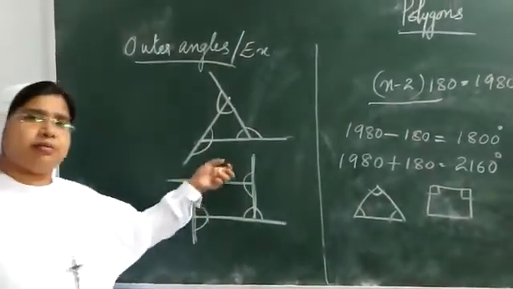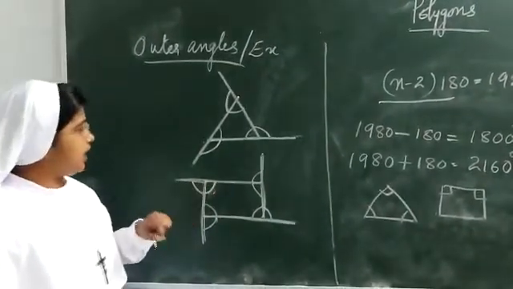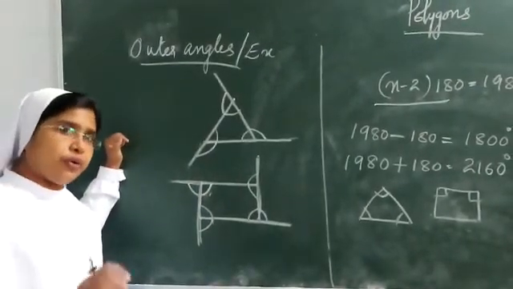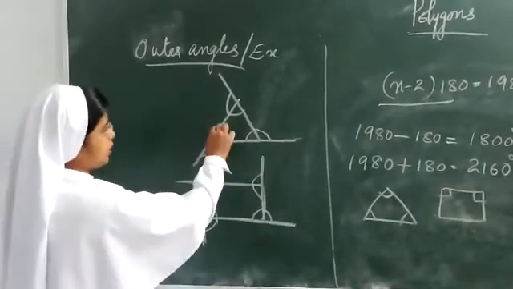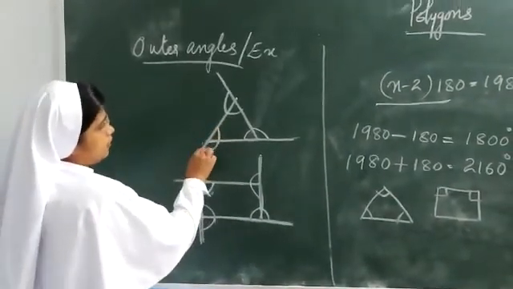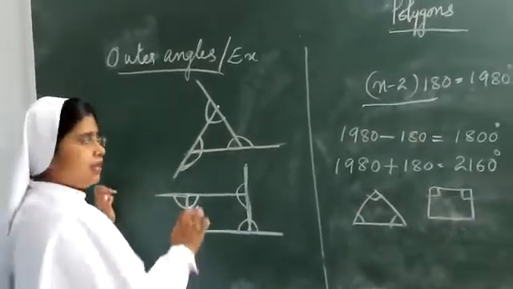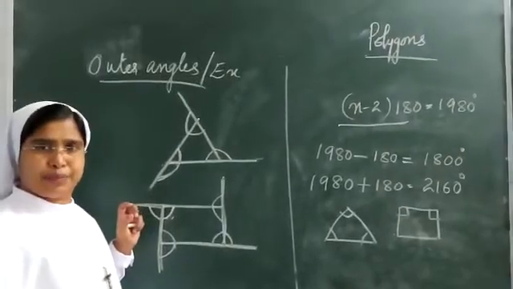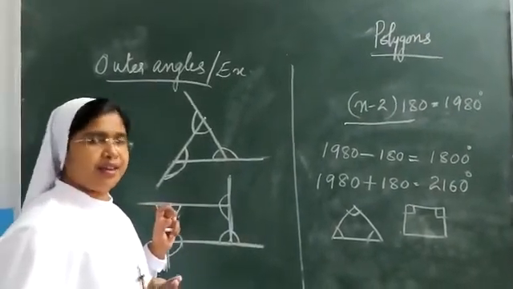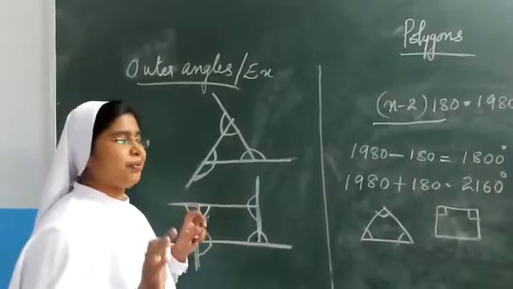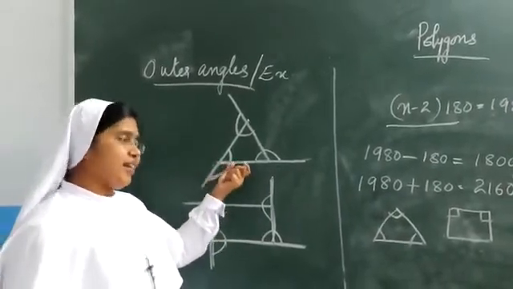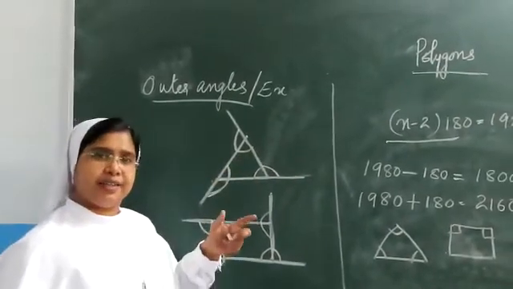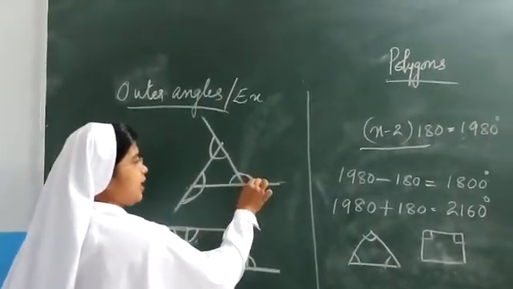Now, what is special about this inside angle and the outside angle? We have learned in small classes, and also in the first chapter, something special about this. What is this? Yeah, this is the linear pair. Do you remember? Those of you who remember the first chapter may remember what a linear pair is. So the inside angle plus the exterior angle, both together, is a linear pair.